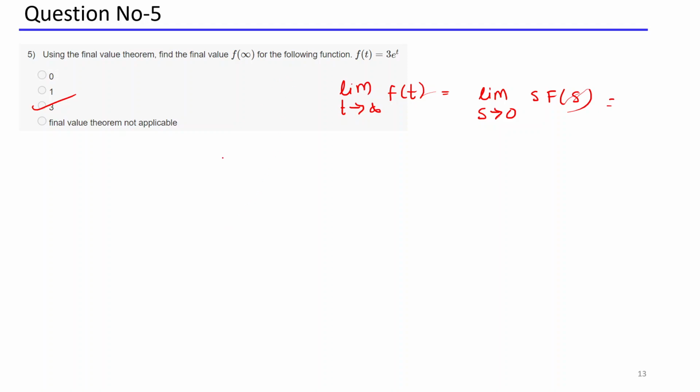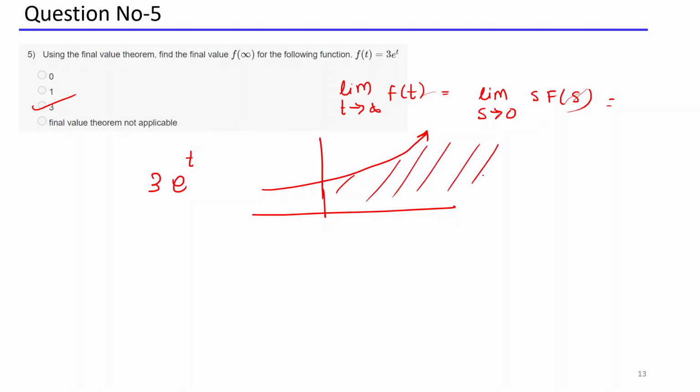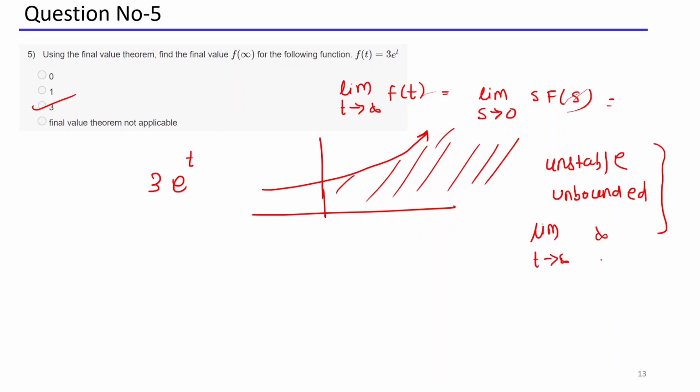And if you see 3 into e to the power t, e to the power t is a rising function. The area is unbounded. It is an unstable and unbounded signal. So you cannot find the limit first. The limit is always infinity. So if you also put it in the formula, let's say I'm putting s tends to 0, s times F of s,